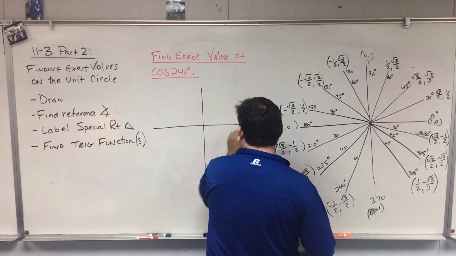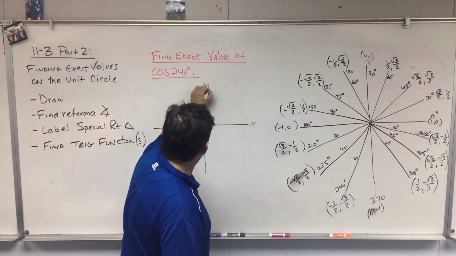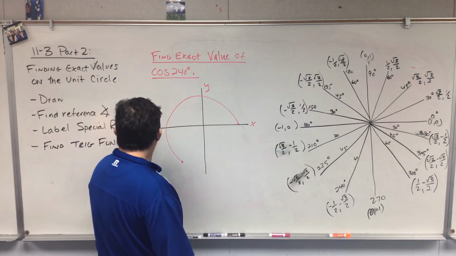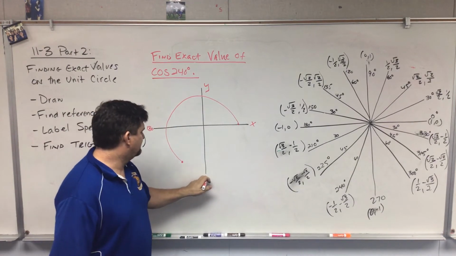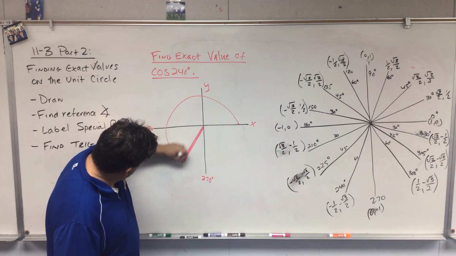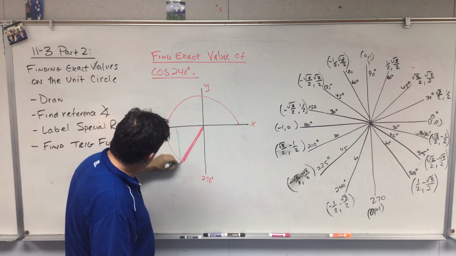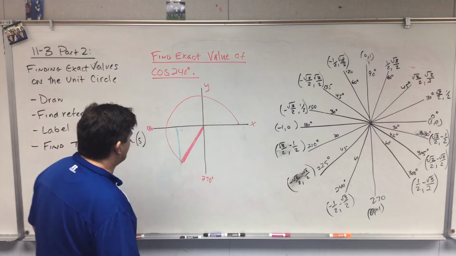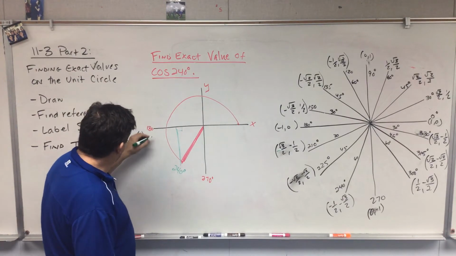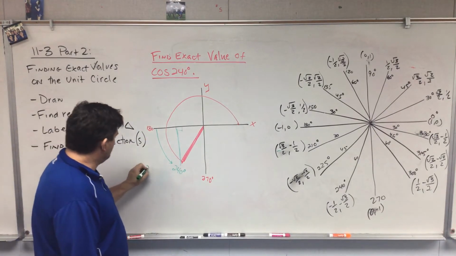So I do it this way. I draw my triangle. I go 240. Here's my x. Here's my y. I start at 0. I go around to 240. Remember, this is 180 degrees. This is 270. So then I just draw my terminal side of the triangle, and then I draw a perpendicular piece here to signify my right triangle. And then all I have to do, this is 240 degrees, all I have to do is figure out how far it is from here to here. So if I do 240 minus 180,